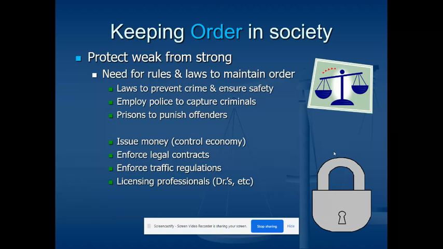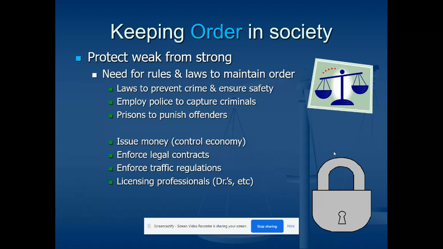If you don't follow the law, you could get a ticket. And if you harm somebody because you don't follow the law, then you might get arrested. So you might need to be captured by the police or those kinds of things. We use prisons and jails to punish offenders, and that maintains order because it keeps those people basically away from society for their timeout, for however long that they are supposed to be removed from society.